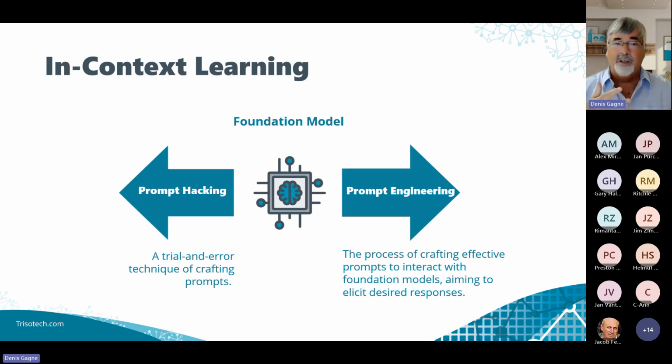We try something, we change it, we see if it changed the behavior. Sometimes we don't know why the behavior changed. And there's been the development, and it's coming very fast, of the notion of prompt engineering, where we're trying to be more effective and efficient at creating prompts so that the model will provide us with the desired response.